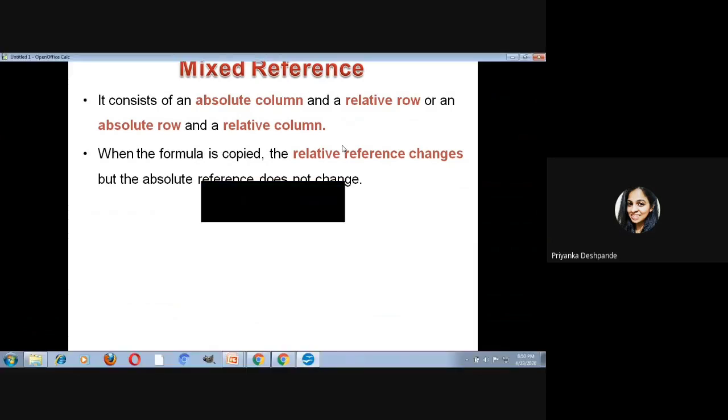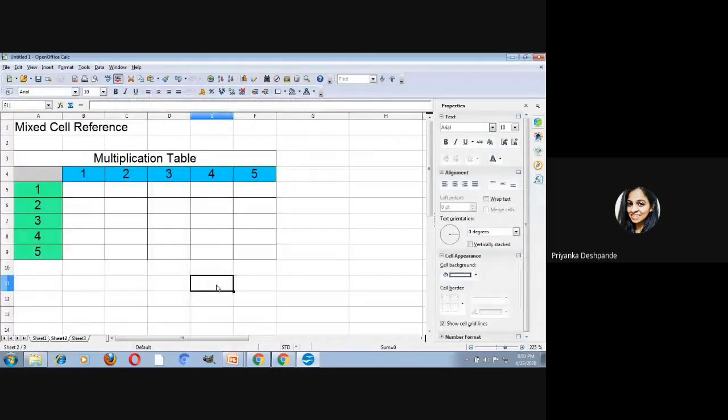Now see here, children, this is a multiplication table, where we are going to use the concept of mixed cell reference. So let us try how we can use it. Now we're going to multiply here. If I want to see the output over here, what will be the output?